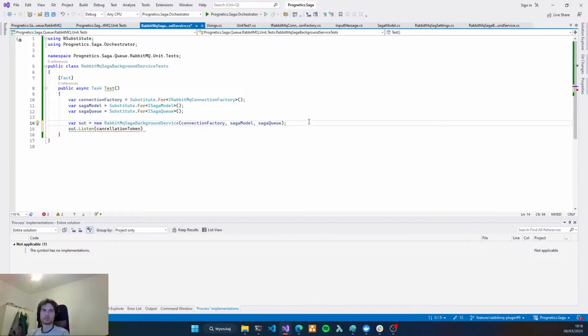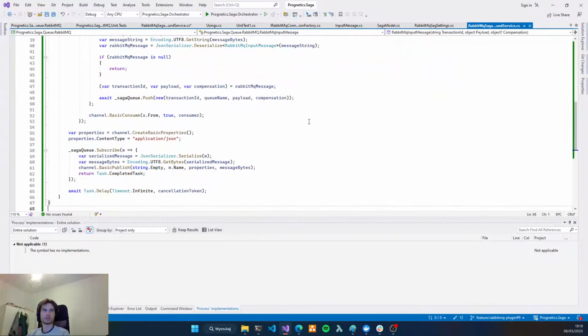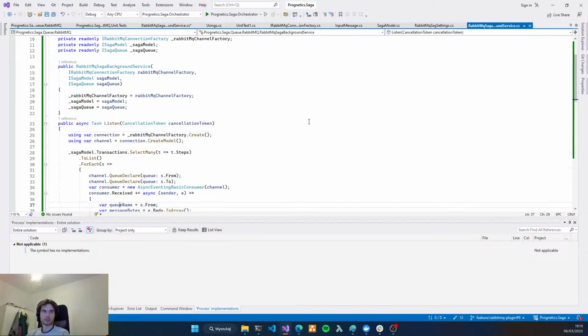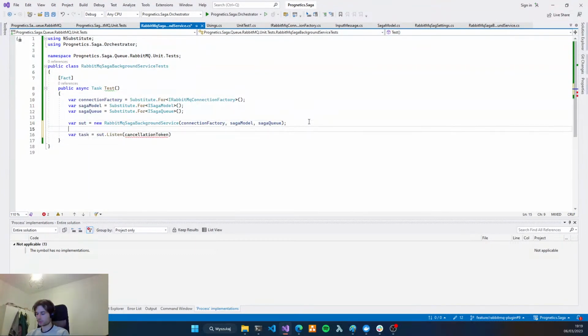And it will be like that. Yes, so it will return our task, something here. We need a cancellation token source.